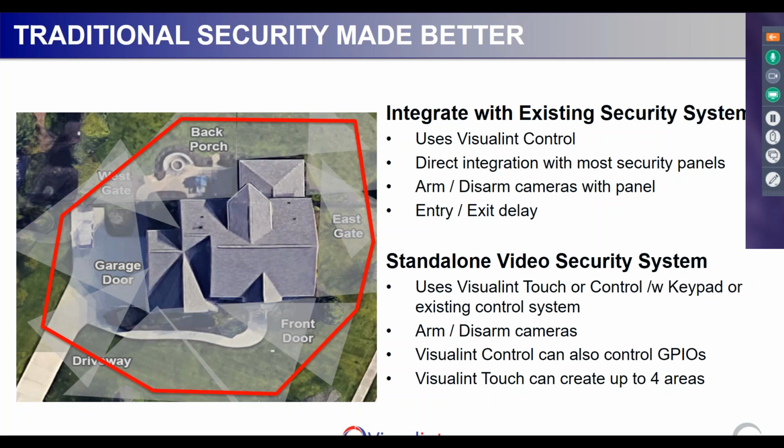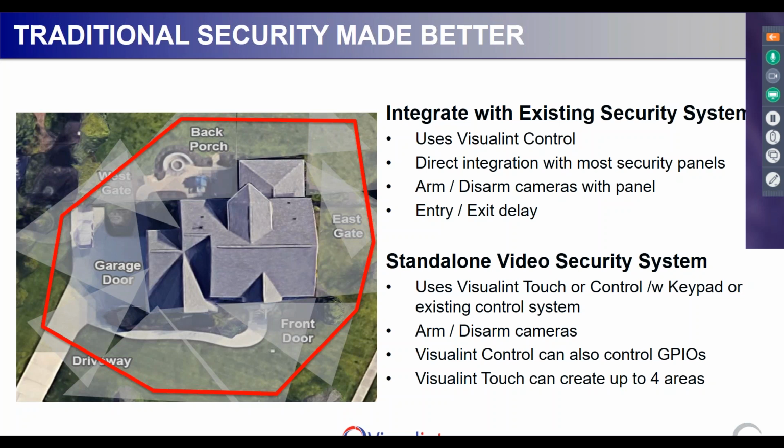In exactly the same way, you can arm and disarm cameras like I mentioned. One of the smart features with Visualint Control, it's also like a mini alarm panel because it has inputs and outputs that can be monitored by the alarm center. So if you've got a flood alert or any other type of detector that can be connected as an input, the monitoring station can also use that. And they can also control the outputs that are on board. So if you, for example,